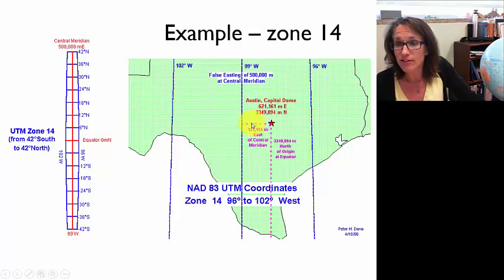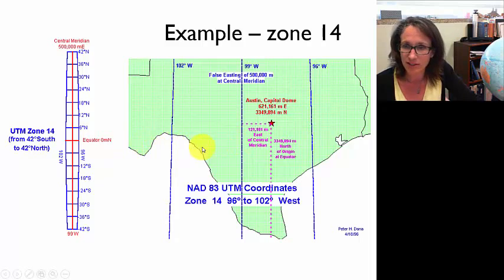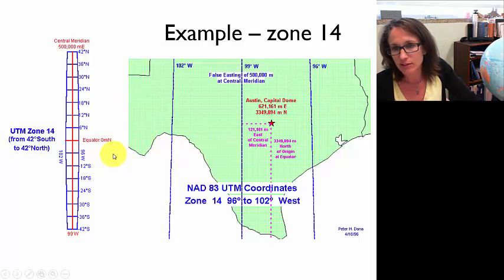121,161 meters east of the central meridian, which means it's easting from the origin, which remember the origin is 500 kilometers west of the central meridian. So if we start over here with our 0, we go 500 kilometers or 500,000 meters. And then we go another 121,161 meters. Our easting is 621,161 meters east. And that's how many meters east of the imaginary origin, the 0 for this grid, which is